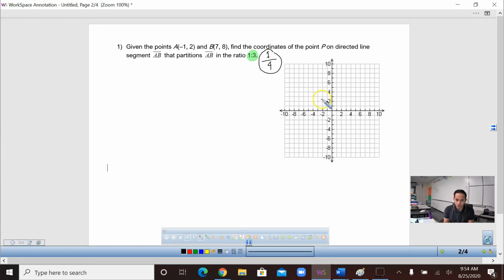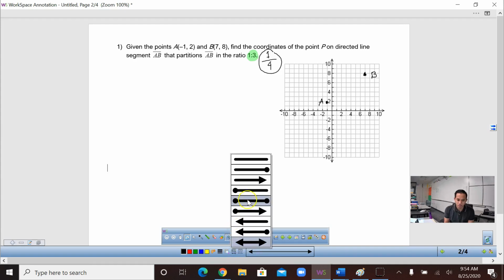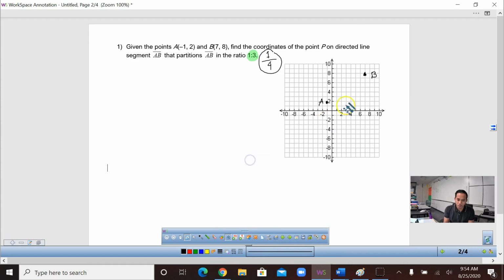This will be point A. And point B would be (7, 8), which is 7 and then 8. So this is now your point B. If you are going to connect this line or this segment, I would say that this is your line segment here. Now we are going to partition this in the ratio